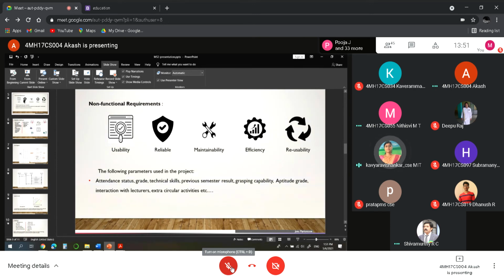Okay, grasping capability, what kind of input is it? Text or numerical? Ma'am, if it is text, we can convert it into numerical while feeding it to k nearest neighbor. If it is text, we can use text data in the ECLAT algorithm, ma'am. Okay, have you decided about the attributes? Is the complete list there? Yes, ma'am. These are the attributes we have decided. If we wish, we can add some more attributes, ma'am. Okay, fine. Continue.